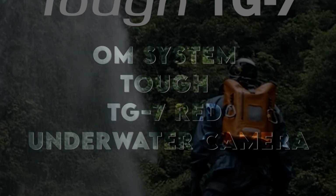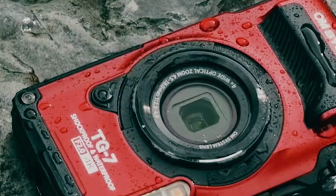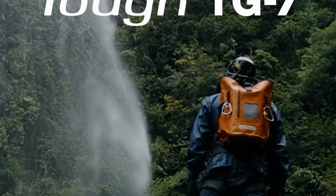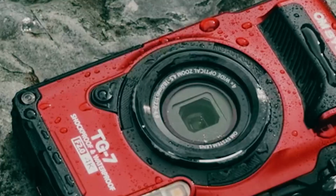On number 4, Ohm System Tough TG7 Red. Underwater camera. For those who love adventure sports, the Ohm System Tough TG7 is built like a tank. Whether you're diving into deep waters or trekking up snowy peaks, this camera can withstand it all. It's waterproof to 50 feet, freeze-proof, dust-proof, shock-proof, and crush-proof. Perfect for extreme environments. With its great macro capabilities, it's also perfect for capturing intricate details up close with up